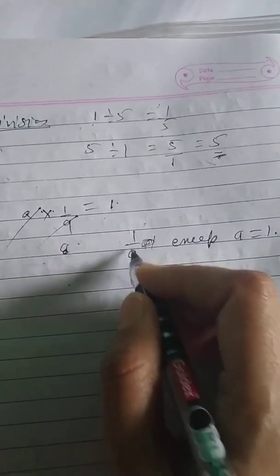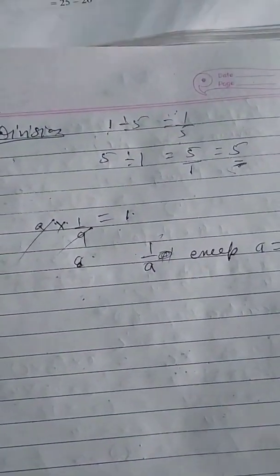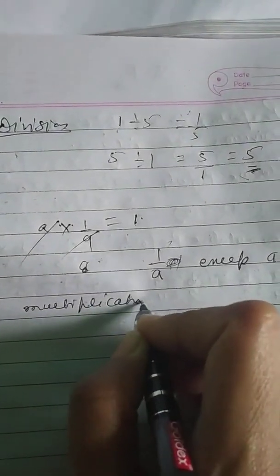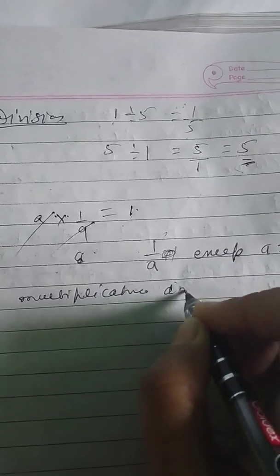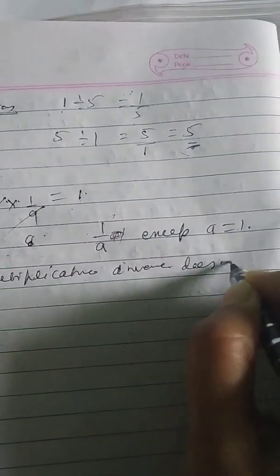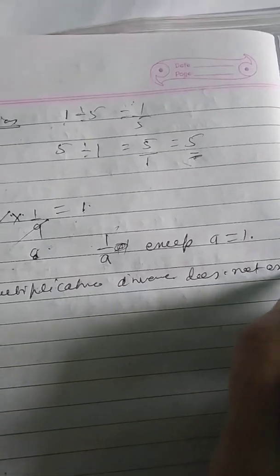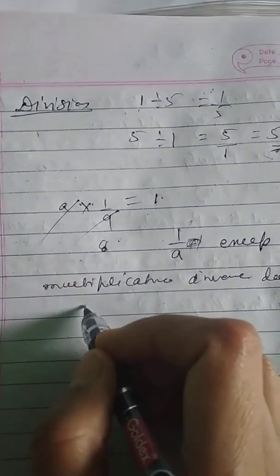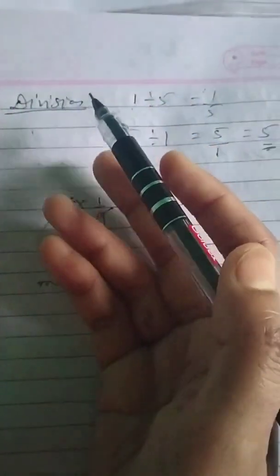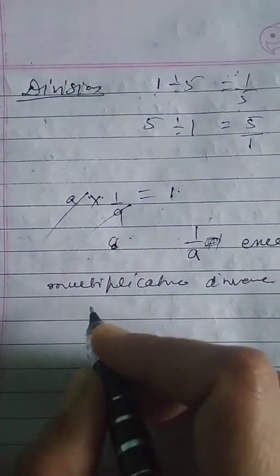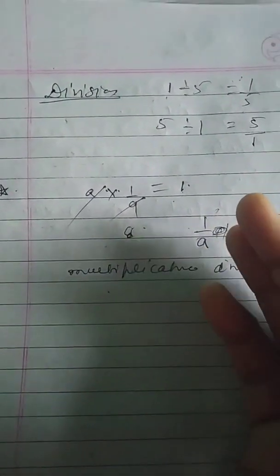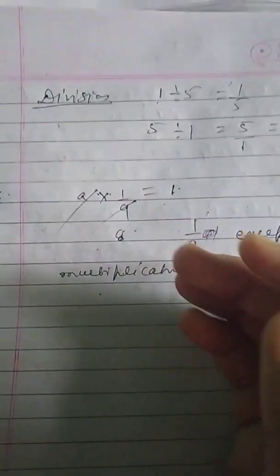Understood? With any other number like 1 by 3 or 1 by 4, it is not an integer. It will give the value in decimal. So the multiplicative inverse does not exist under multiplication of integers. The same thing happens with division also. When identity does not exist for division, then inverse also does not exist for division. There is no identity element of division, so there is no inverse also for division.